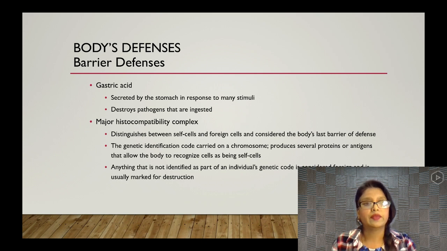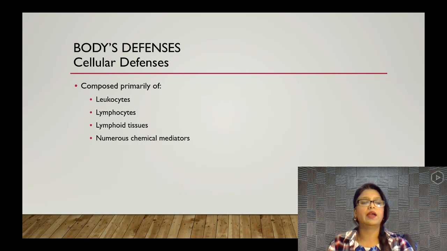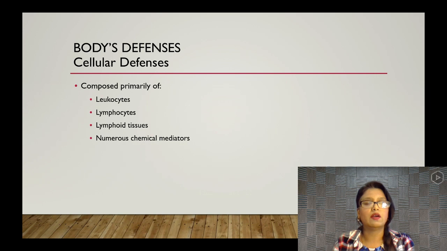So, primary body defenses or cellular defenses, what are they composed of? Leukocytes, lymphocytes, lymphoid tissue, and numerous chemical mediators. So these are just like your WBCs; your white blood cells come under leukocytes, and they're like fighter cells. You know how when we go to war, there's always a fight, and then there are two sides. So just like that, our body will fight any kind of foreign